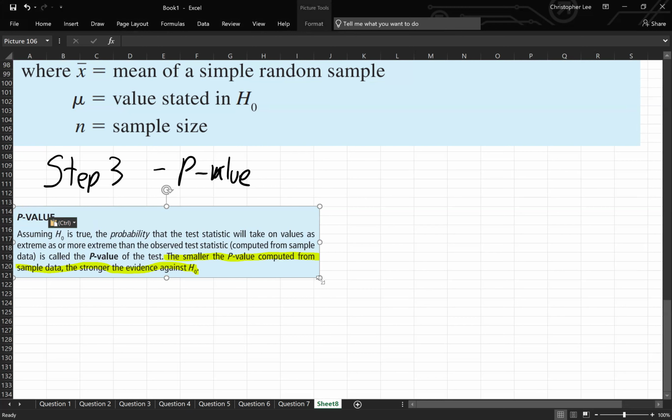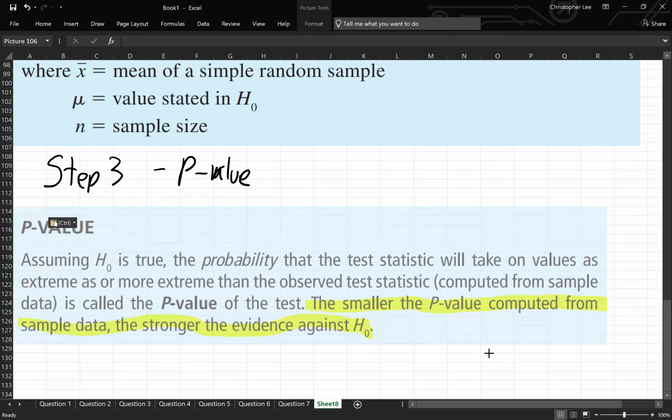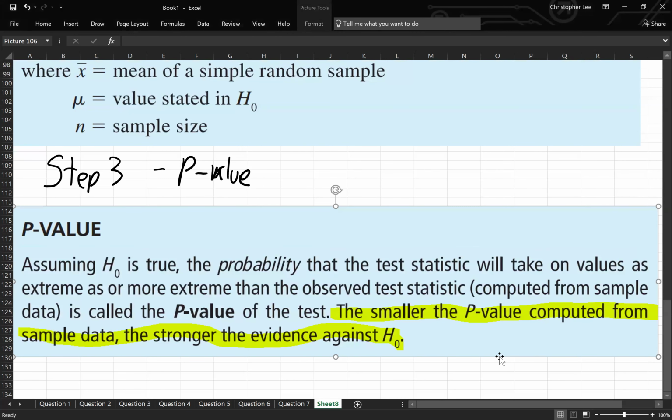So your p-value, assuming that the null hypothesis is true, is the probability that the test statistic will take on values as extreme or more extreme than the observed test statistic computed from the sample data, and it is called the p-value of a test. The smaller the p-value computed from the sample data, the stronger the evidence against the null hypothesis, right? Long story short,